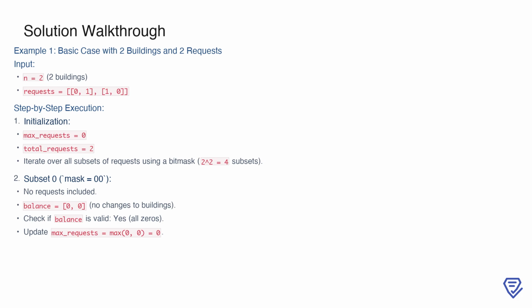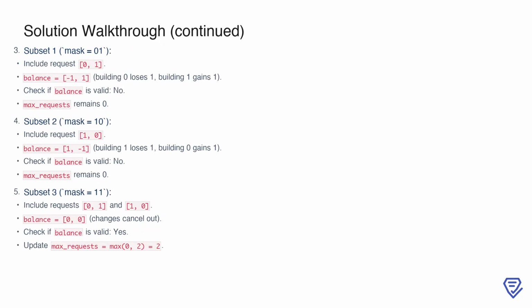For subset 0, where no requests are included, the balance array remains 0, 0, meaning no net change in the number of people in each building. Because all values in the balance array are 0, this subset is valid. However, no requests are included, so max_requests stays at 0. Next, we evaluate subset 1, represented by the mask 0, 1. Here, we include the first request, which transfers one person from building 0 to building 1. As a result, the balance array becomes -1, 1, indicating that building 0 loses one person while building 1 gains 1. Since the balance array is not entirely zeros, this subset is not valid, and